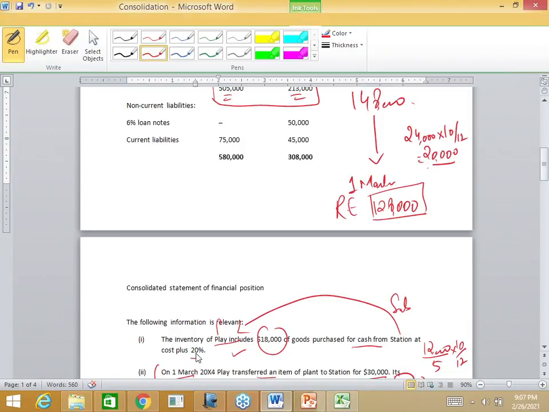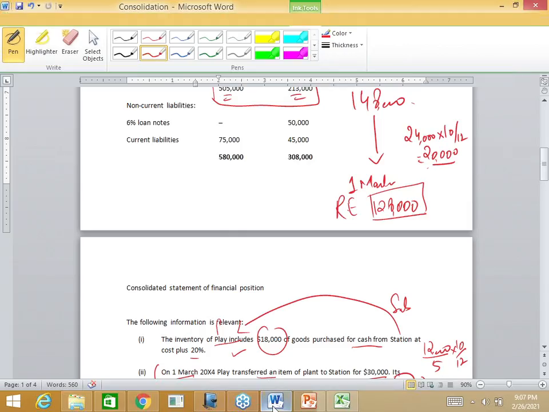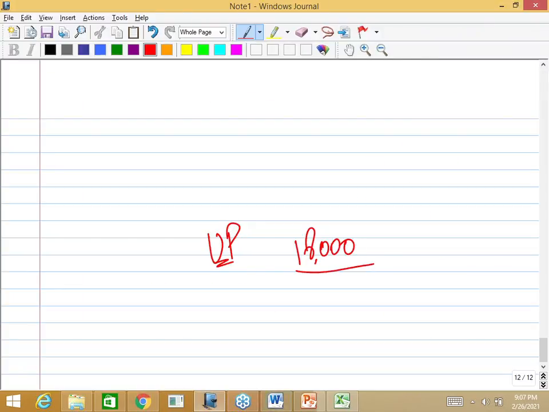$18,000 with the cost plus 20%. So first you need to calculate the unrealized profit. So 18,000 cost plus 20% means the sale value will be 120, and the profit amount will be 18,000 divided by 20 into 120 multiplied by 20, it will be